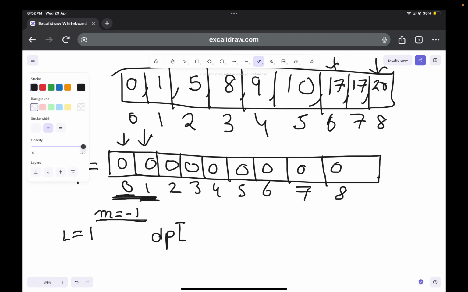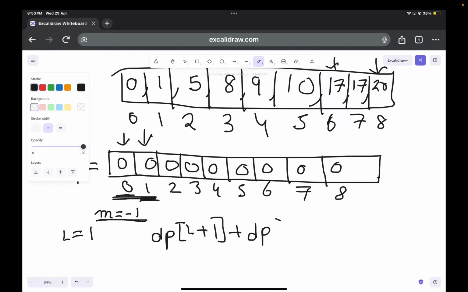Dp of amount, it is actually the length you are cutting. What are the options of length you have? Length plus 1 plus value of